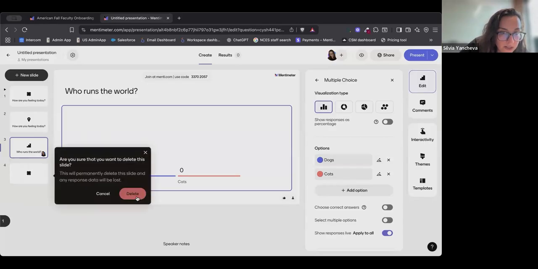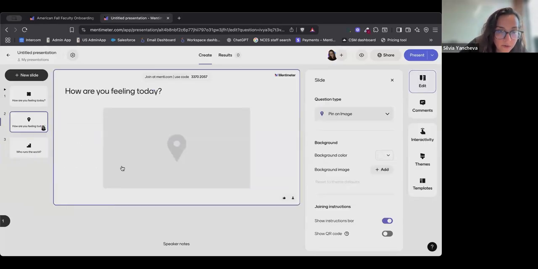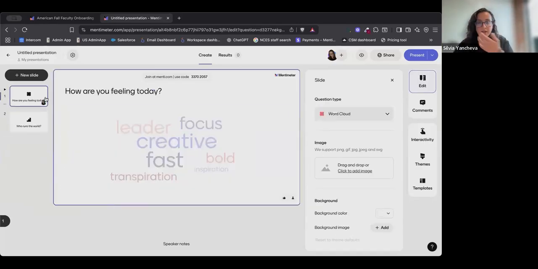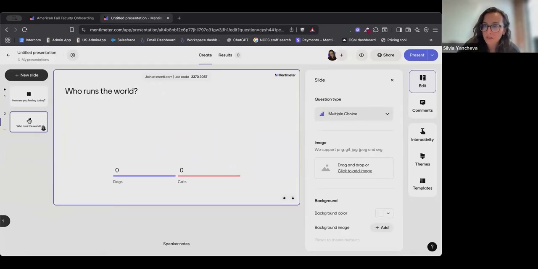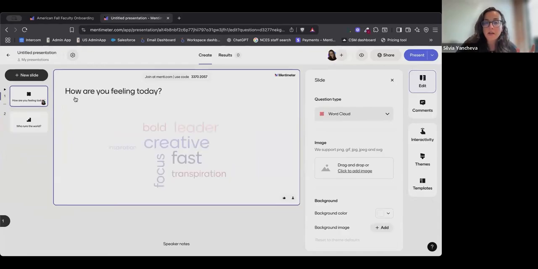I will just delete these ones. So I will have now, in this imaginary scenario of mine, "How are you feeling today?" with the word cloud, and "Who runs the world?" These are two questions I want to ask my students today. After I have created them, the only thing I need to do when I get to my students in class is